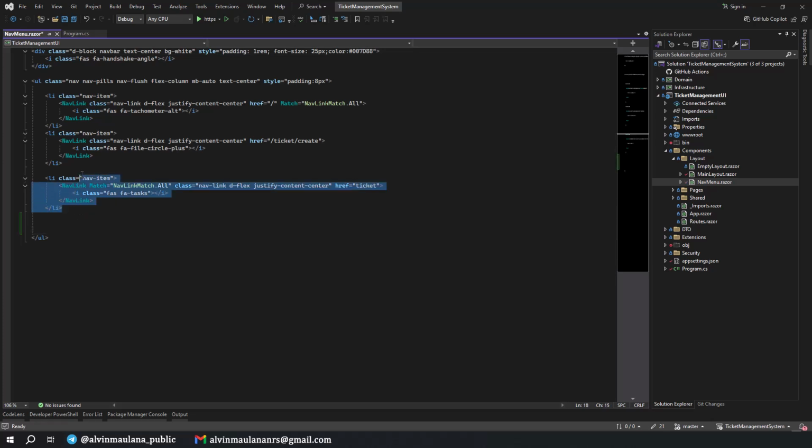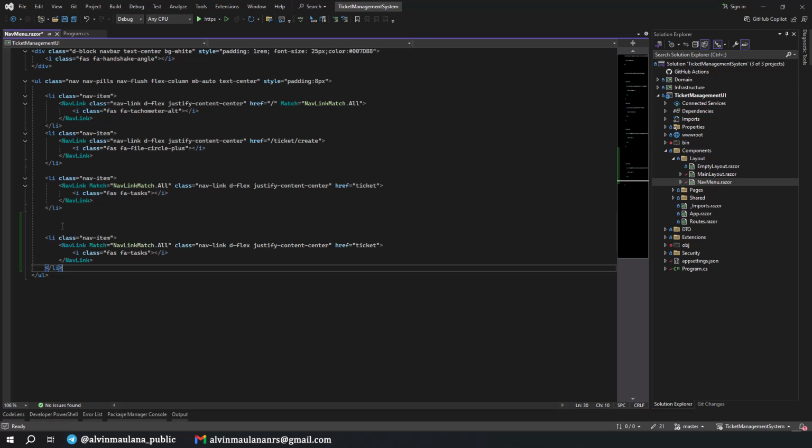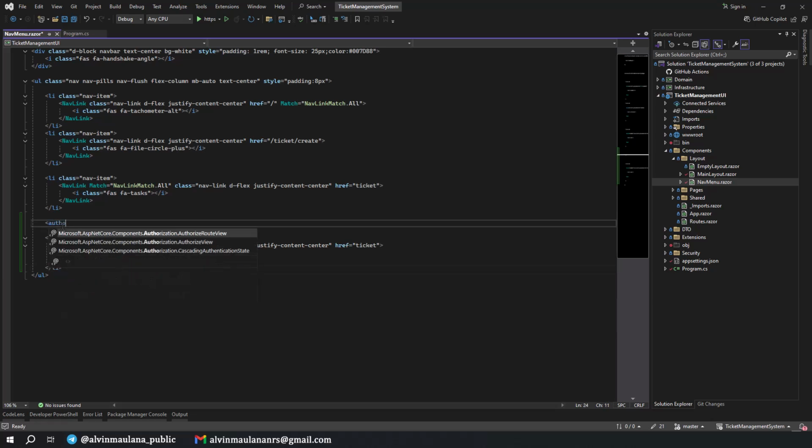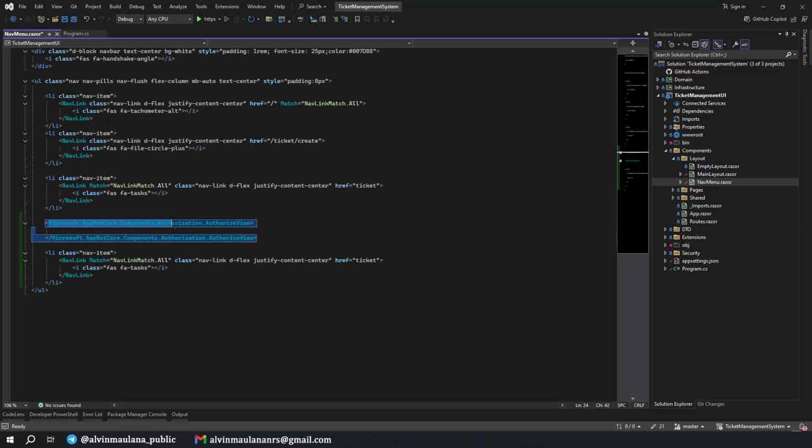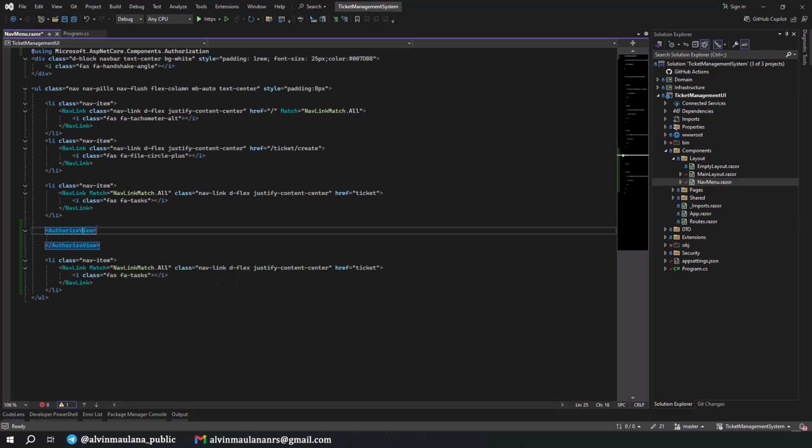I think we can just duplicate. But first, we need to have an authorized view. Okay, this one. But I don't need all of this. Okay, and add the reference. And make sure we select the roles of, can we use constants here? Cannot.